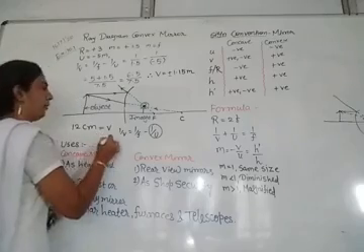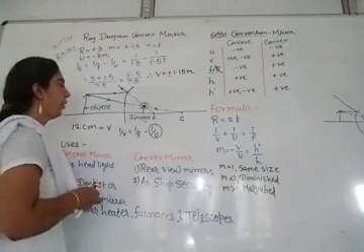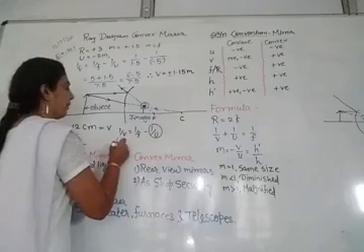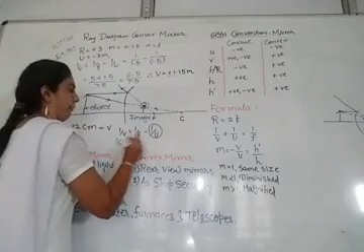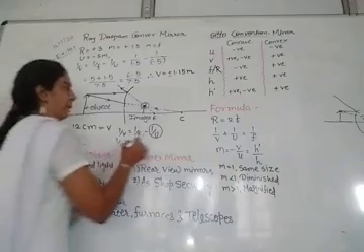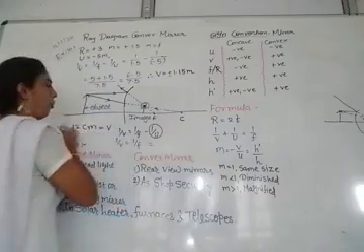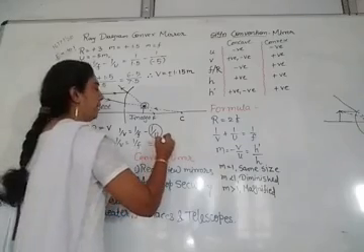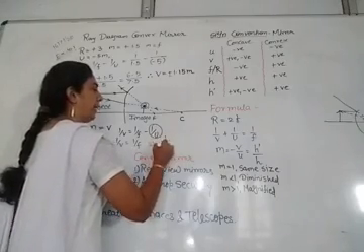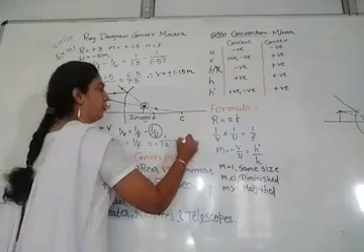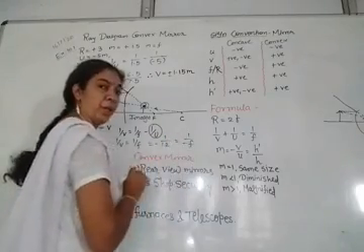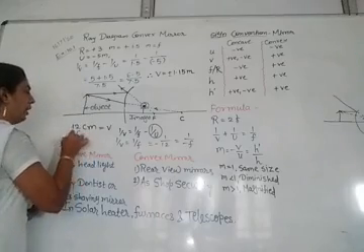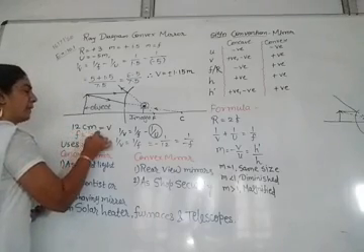So I can write the formula over here. 1 upon V is equals to 1 upon F. And in that situation, as the image is formed 12 centimeter away, so 1 upon minus 12 is equals to 1 upon minus F. So we will have the focal length is equals to 12 centimeter.